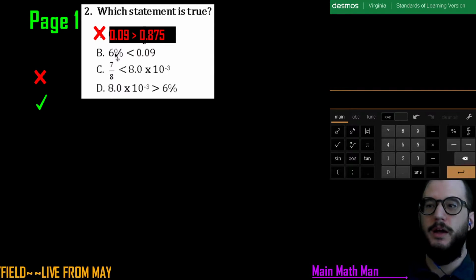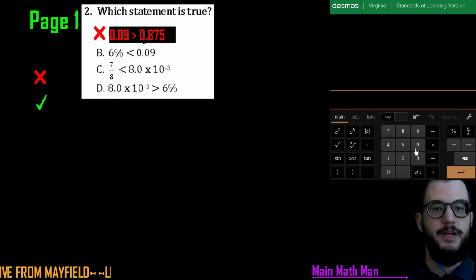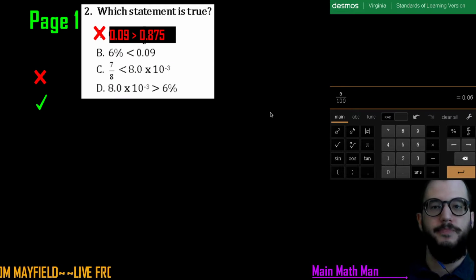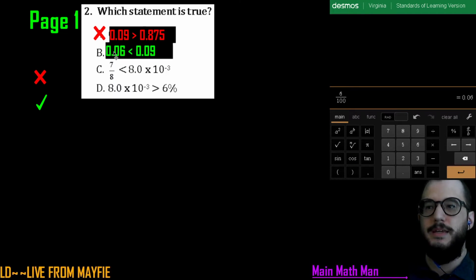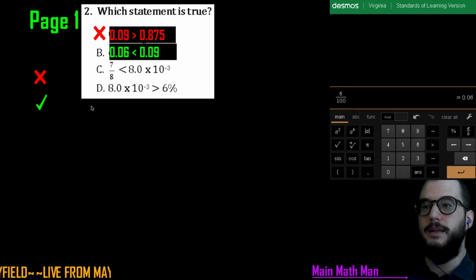For that next one, I need to change 6% to a decimal. How do I do that? Again, I take the entire decimal amount and I divide it by 100. So I have 0.6. Is that less than 0.9? Is 6 cents less than 9 cents? It is, so I can check that one off, but I want to make sure I check these other two